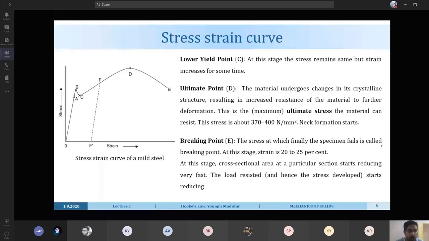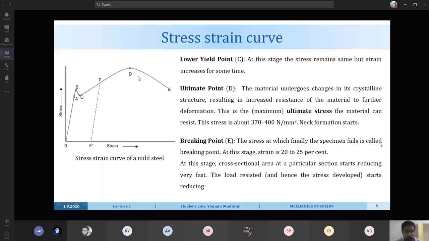I mean that region, the BC, because even though we are not increasing the load, I should avoid saying that there is no stress. What does it mean? There is already a stress at this point B, and we are maintaining that tensile load, but without increasing the tensile load, there is an increase in the strain. That's why it should come as a straight line, or very close to one. This point B and C are very close actually.